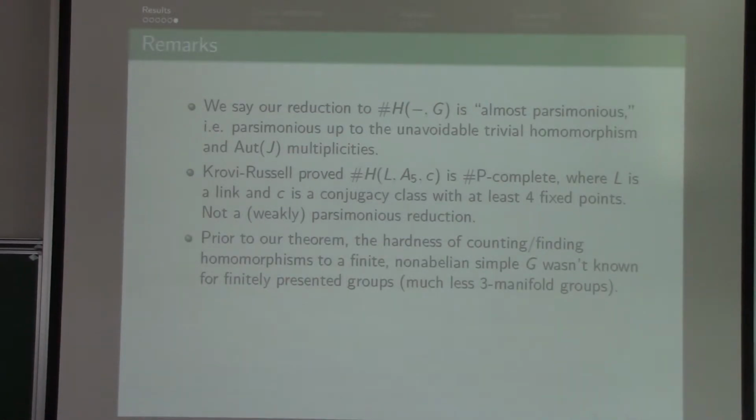And so prior to the first theorem, there was nothing special about three manifolds. We could have asked about arbitrary simplicial complexes or even arbitrary finitely presented groups. You could ask, well, what's the complexity of counting homomorphisms from finitely presented groups to A5? And nothing was known about that. It was an open question, I guess, in the group theory complexity literature. We got all the way down to three manifold groups, which are very special, right? Because arbitrary finitely presented groups are a much bigger class of groups than three manifold